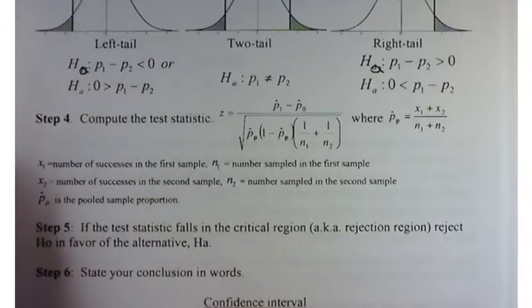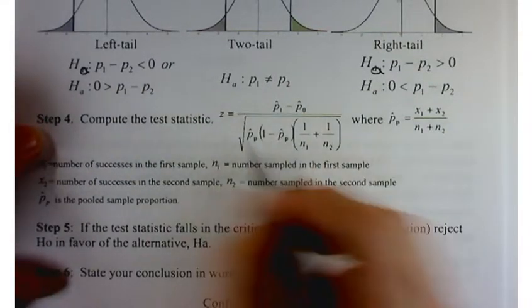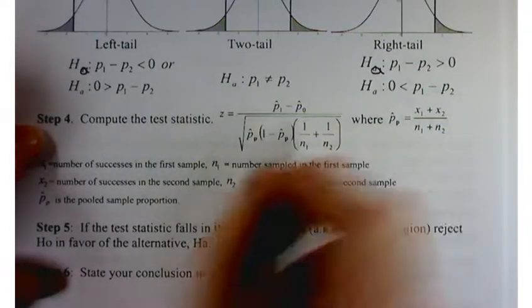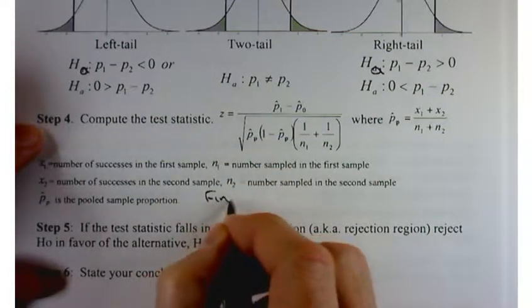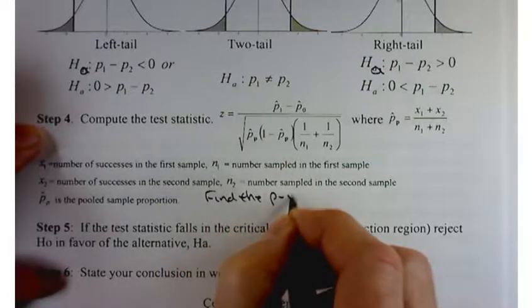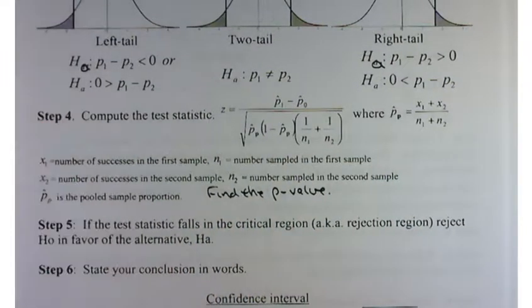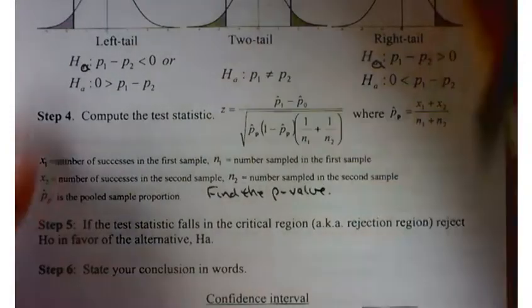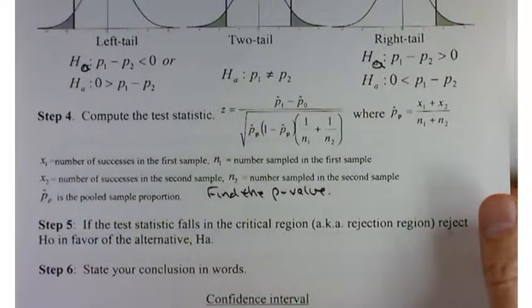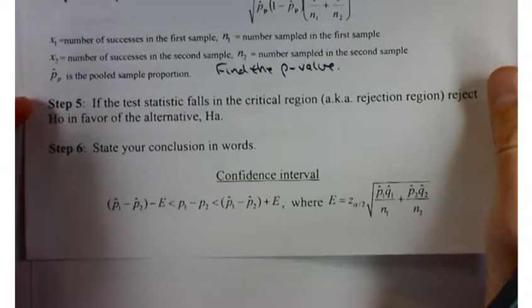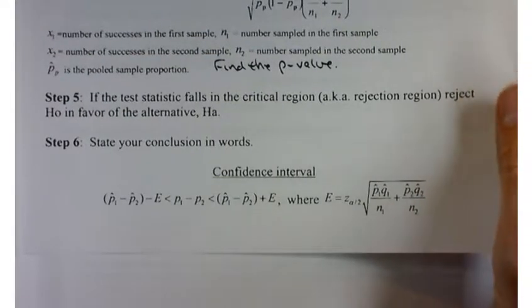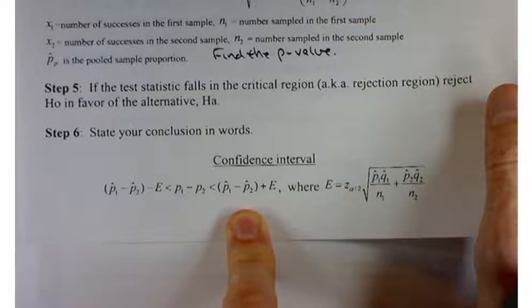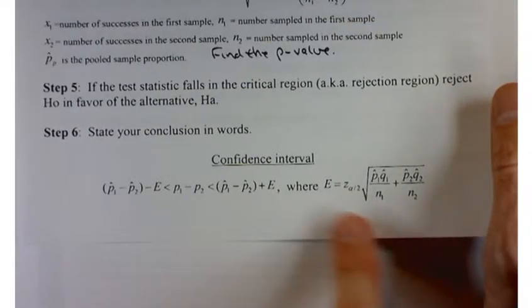If you're doing it with StatDisk, instead of step 4, computing this awful calculation here, you're going to find the p-value. And if the p-value is too low, H0 must go. If it's lower than the significance level, you're going to be rejecting the null hypothesis. So that'd be step 5, and then state your conclusion in words. If you're stuck doing this by hand, here's how you set up your confidence interval, and it would be by referring to a Z. Fortunately, we don't have to do this one by hand, so